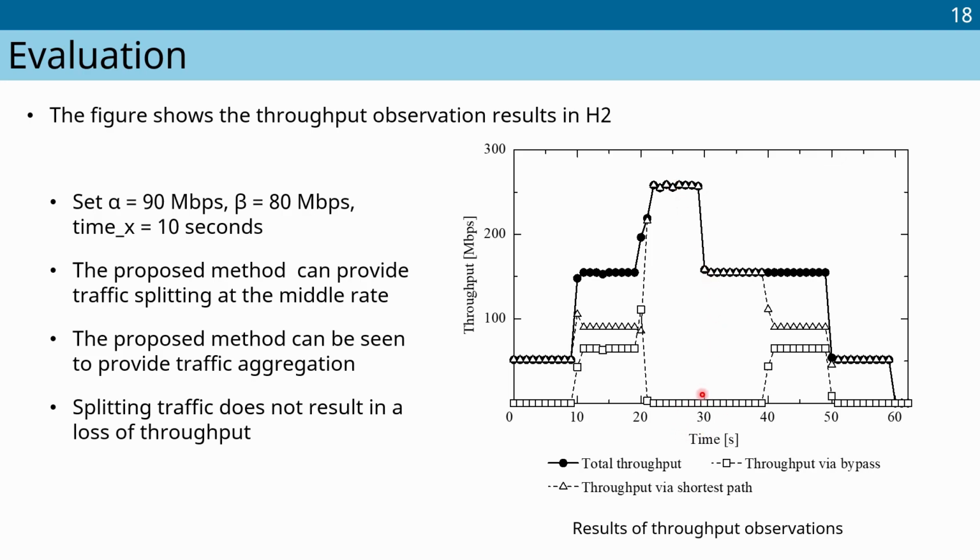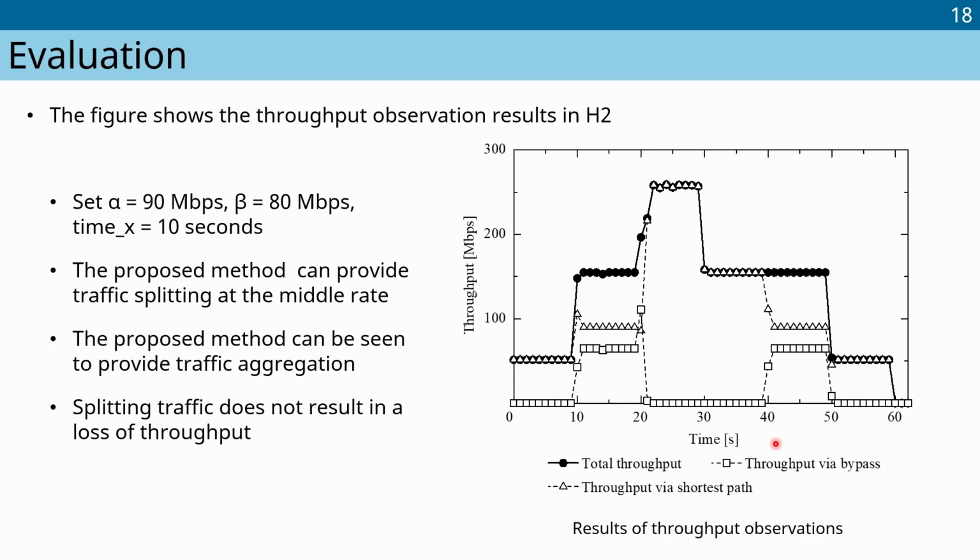At 30 seconds, the second additional traffic flow stopped, but the proposed method maintained the traffic aggregation for 10 seconds, since the time x is 10 seconds after the final packet of the second additional traffic has been matched to the flow entry. At 40 seconds, the flow entry for traffic aggregation timed out, and then the proposed method split the traffic